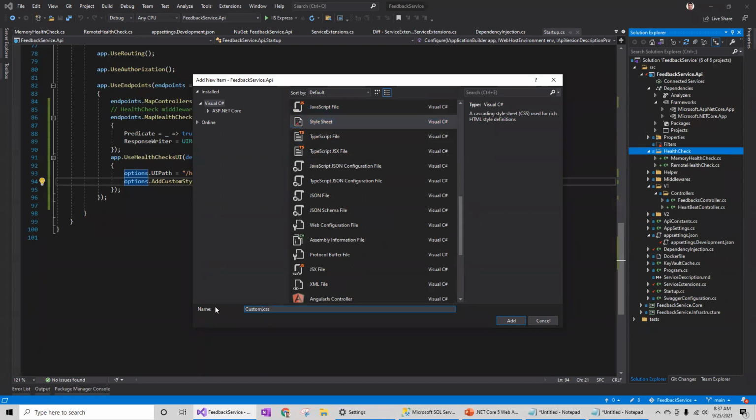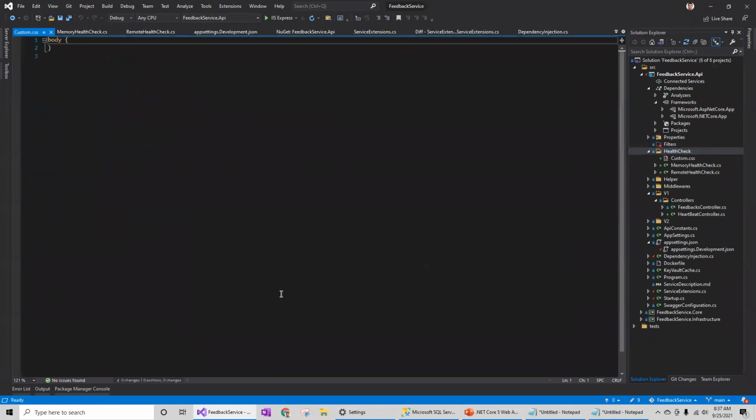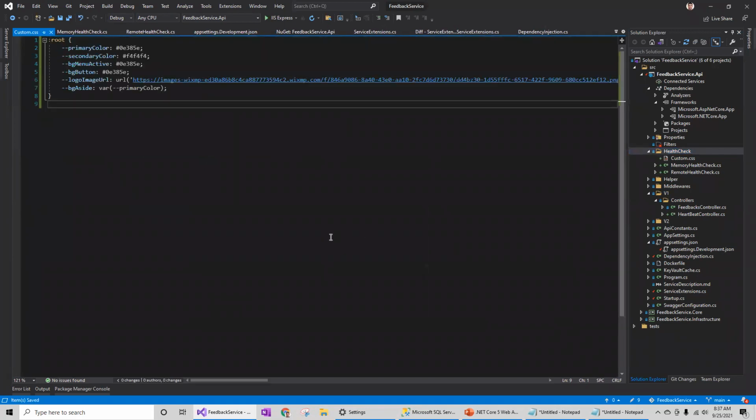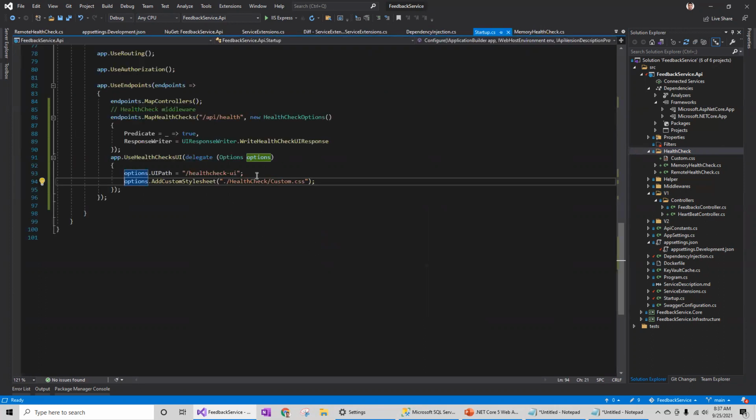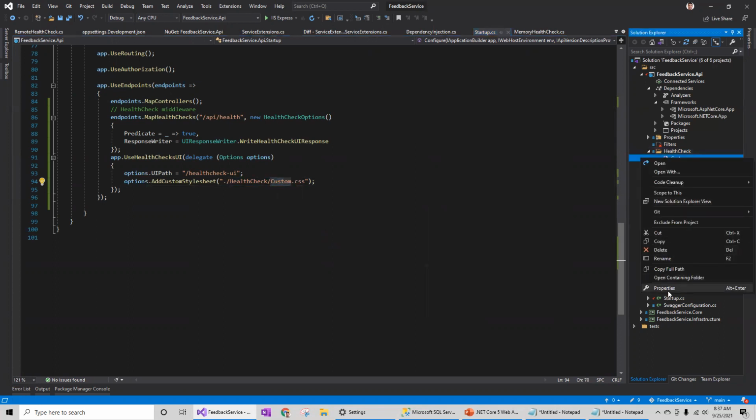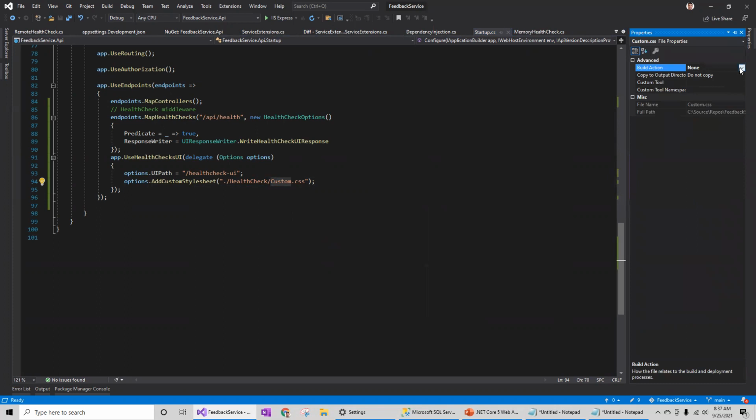You can call it custom. This is the CSS required. Just adding it under health check. Make sure that the CSS file is set to resource, copy always.